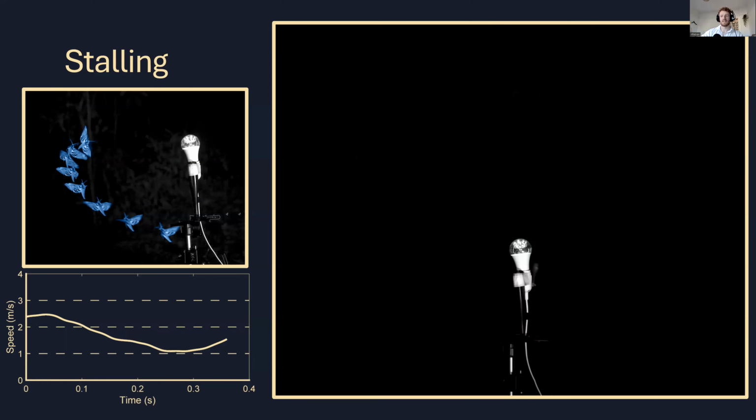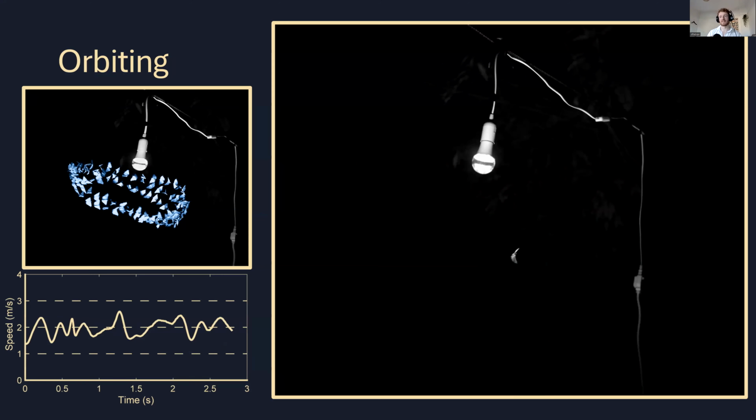But in each of these, it's actually keeping its back to the light. We assume, therefore, that it thinks the light is the sky, but it's keeping its back to the light, and that's actually not the right direction. It's not producing enough flight forces. That's a pretty weird behavior. We have orbiting, which is that the insect is traveling in a near perfect circle repeatedly. In really still nights, you can get this happening for minutes at a time as this little moth circles around the light. It's tilted, it's rolled over to one side as it does this.